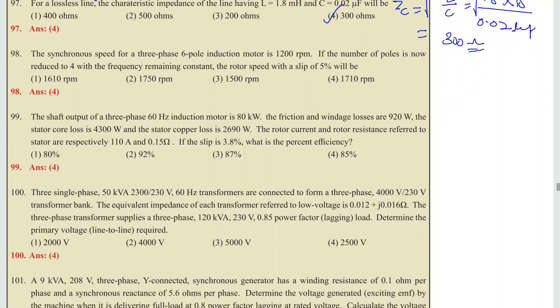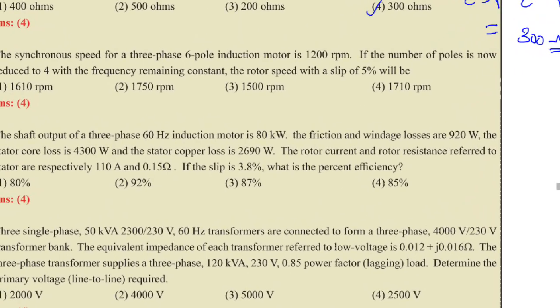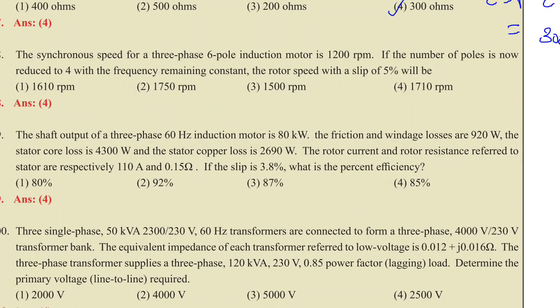Okay, and the next question: the synchronous speed for a 3-phase 6-pole induction motor is 1200 rpm. If the number of poles is now reduced to 4, with the frequency remaining constant, the rotor speed with a slip of 5% will be. So we need to find the rotor speed of the induction motor. First of all, what speed is given? Ns is 1200 rpm. So Ns is equal to